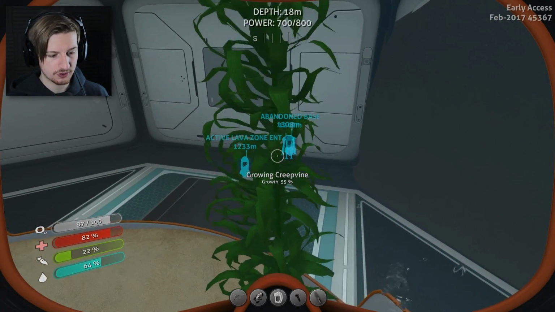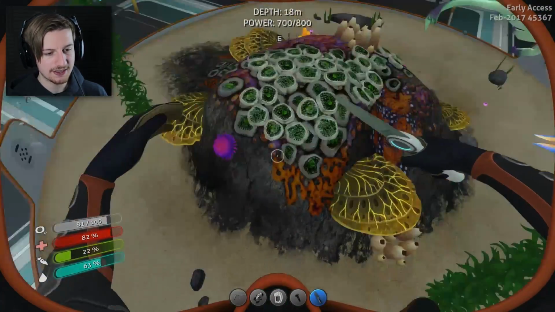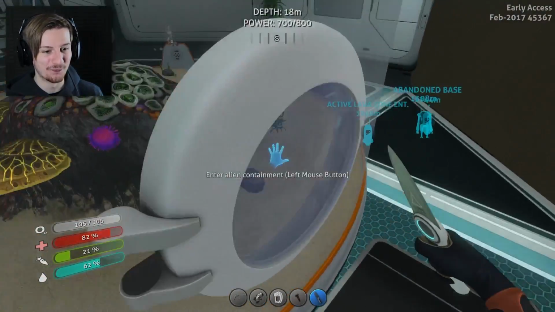How do I take this? Can I like cut this away? Let me try and cut this away. Can I not unequip this either? There it is. You can see the little mushroom sporing around. Hey, that looks so cool. I just re-equipped my...